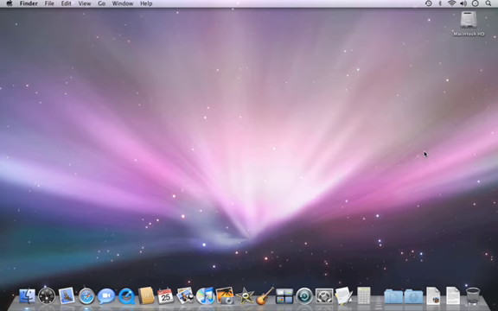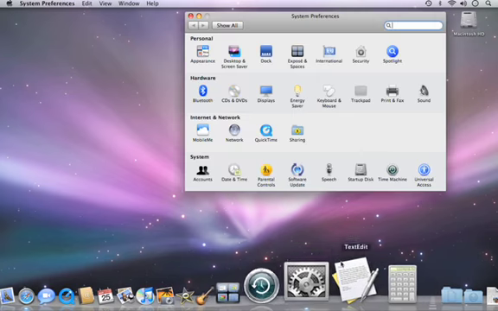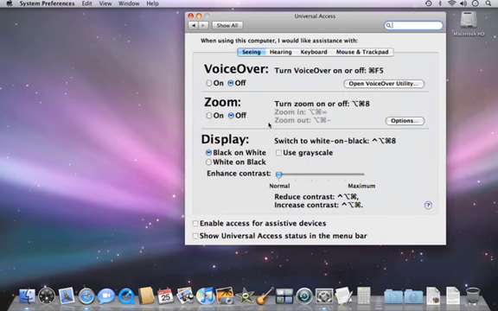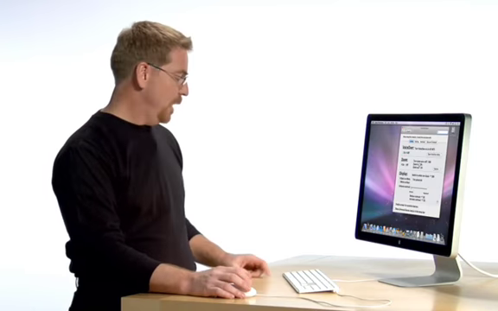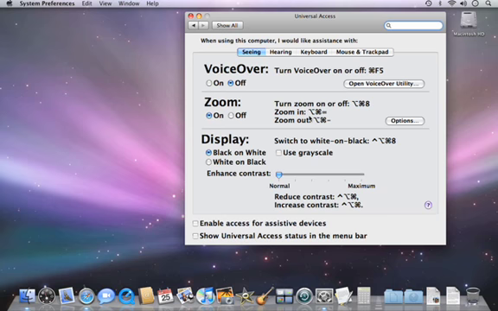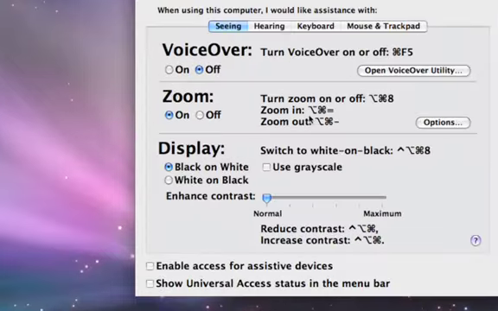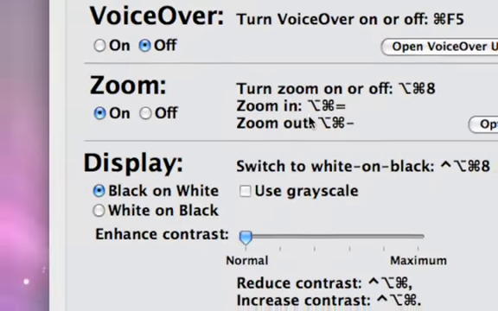I'm going to open System Preferences and then click on the Universal Access item. Here I can find the Zoom controls for enabling and disabling Zoom. Now with Zoom turned on, I can use keyboard shortcuts or I can use the scroll wheel on the mouse. In this case, I'll use the scroll wheel by holding down the Control key on the keyboard. As I hold that key and scroll the button, I zoom in, and I can zoom back out just as